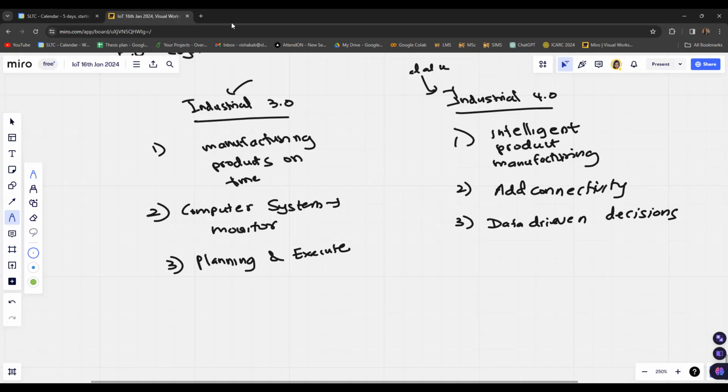So basically, Industry 4.0 works mostly with data, obtaining feedback from the data, and then making decisions on that. Which means that using data, it makes the decisions. Whereas Industry 3.0 makes decisions based on the monitoring it had done in the static devices. So most of the data will be at each of the device levels.